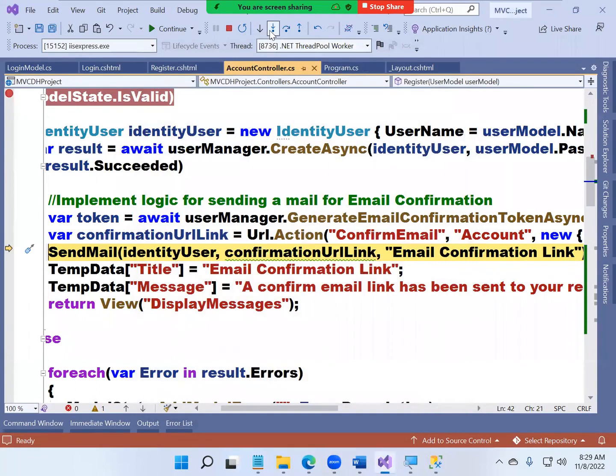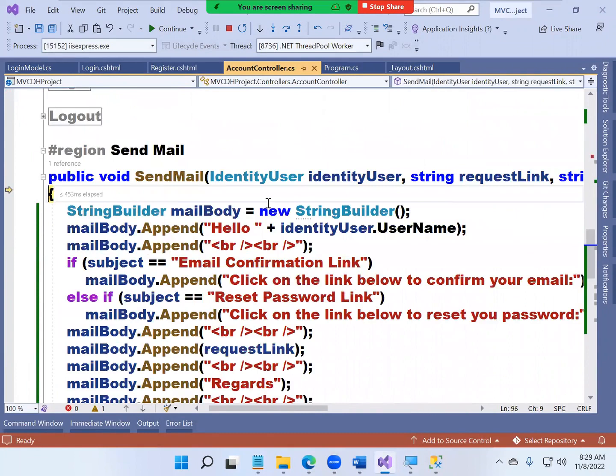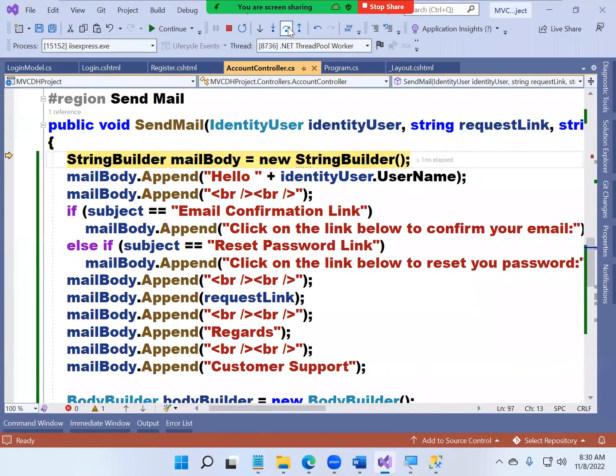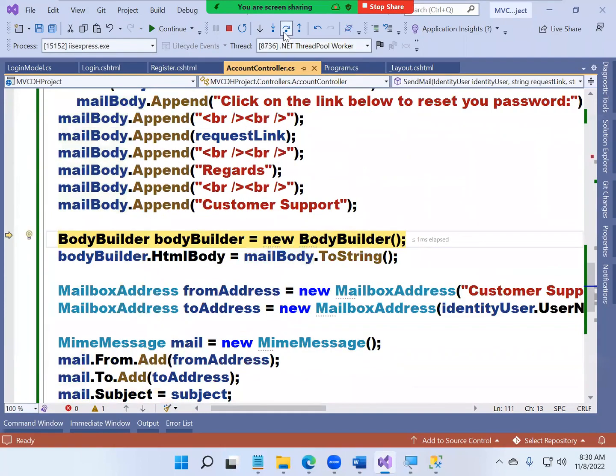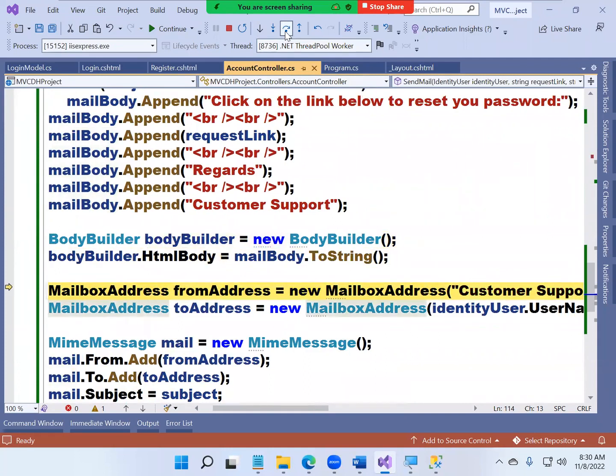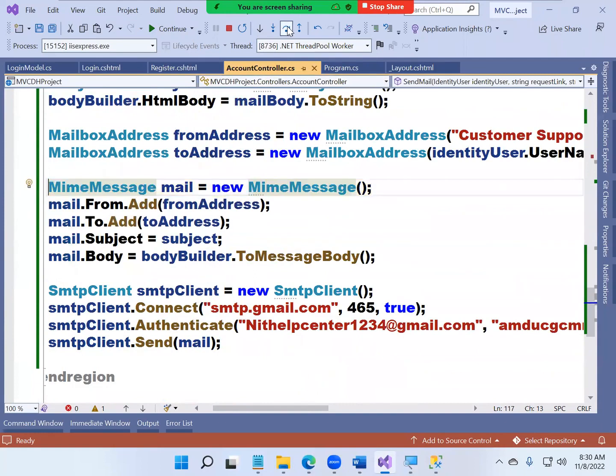Calling the send mail method. Okay, step in. So it is building the body. See, it went to email confirmation link, right? Next, you're getting a body builder, and to the body builder you're passing the HTML body. Next, from address, to address, mail message. For the mail message, you're adding from address, to address, subject, body. Then